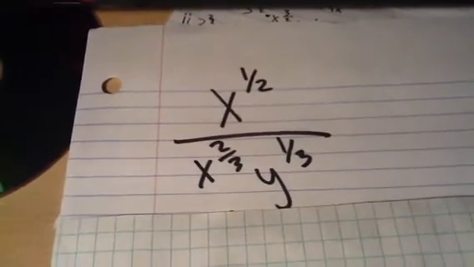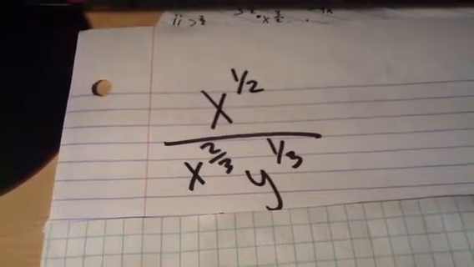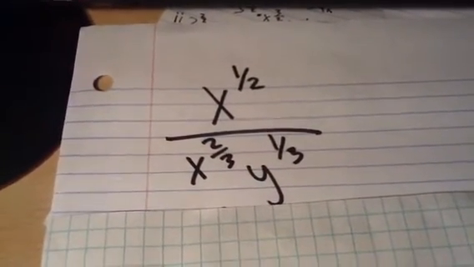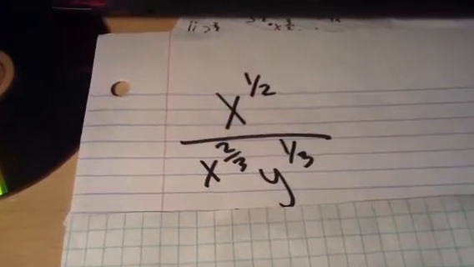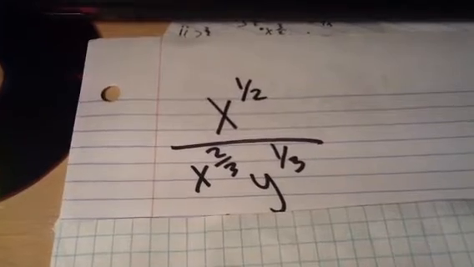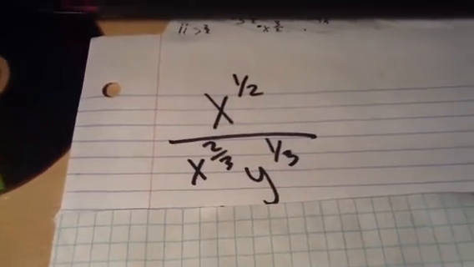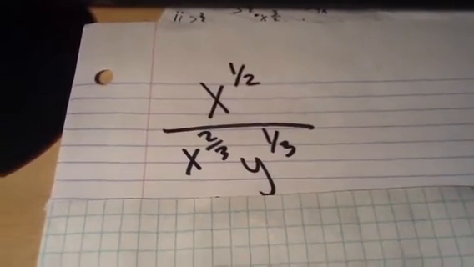So this is the problem I have. It's x to the 1/2 power over x to the 2/3 power times y to the 1/3 power. Since they're all in fractional exponents, that's the same thing as a radical, pretty much. So we can't have that in the denominator. What we're going to have to do is multiply by another radical or fractional exponent to get the radicals